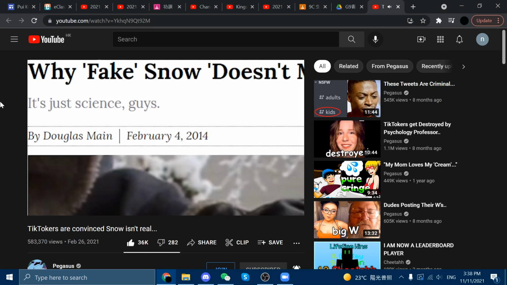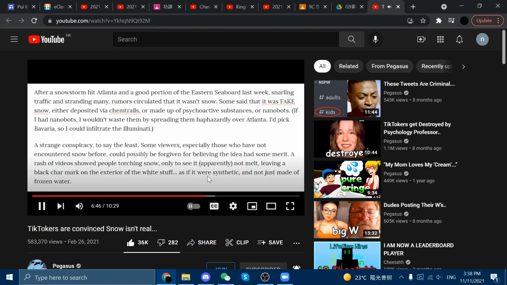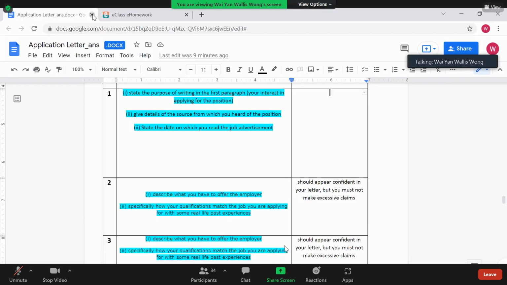Why fake snow doesn't melt? Because it's real. After a snowstorm hit Atlanta and a good portion of the eastern seaboard last week, snarling traffic and stranding many,